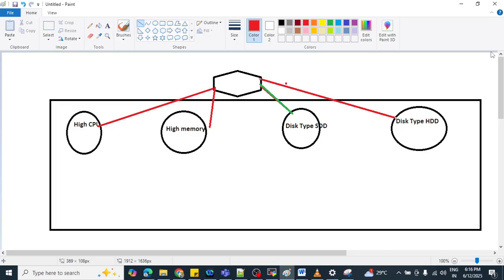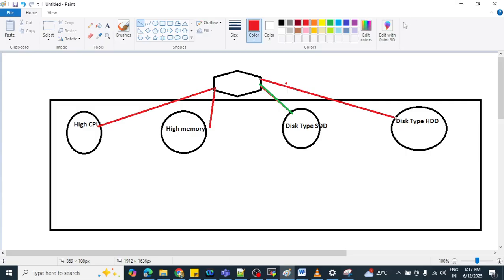Here we will use node affinity or anti-affinity. We can tell the scheduler the preference: do schedule on a node where disk type is SSD.